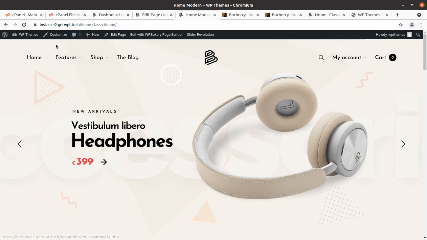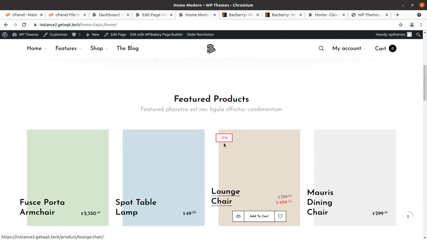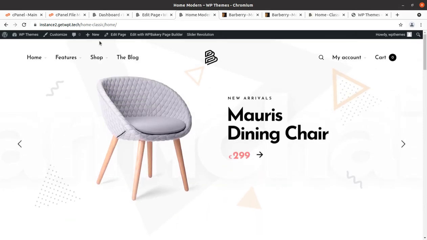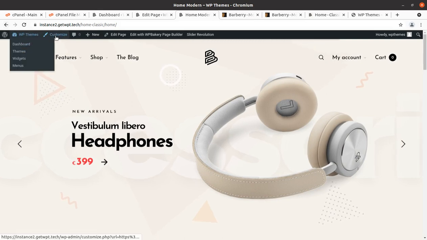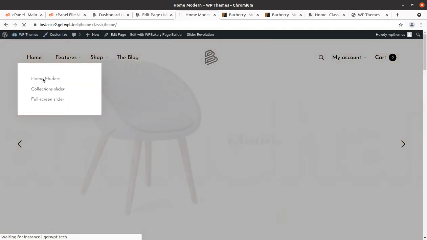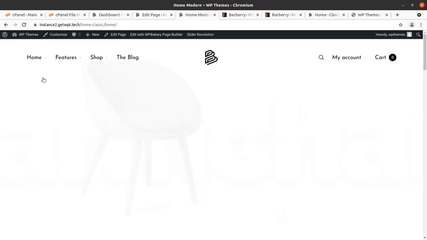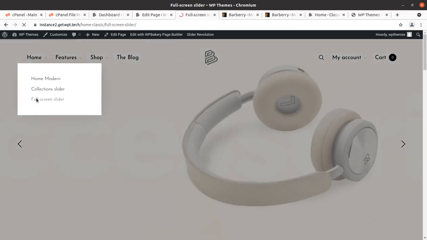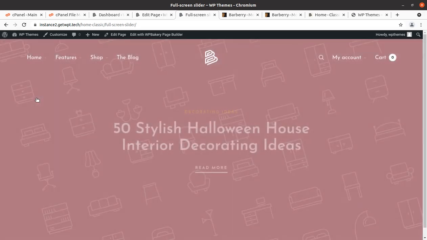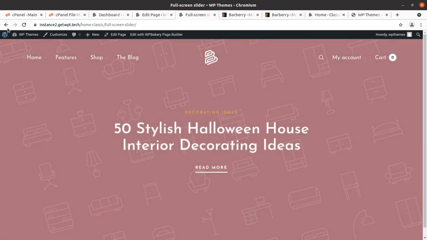So it means the images for the furniture hero images have been provided in the Slider Revolution, but not for the other home modern demo. So yeah, okay, home modern is available, full screen slider, we may check. So we have received each and everything as has been provided in the demo content itself.